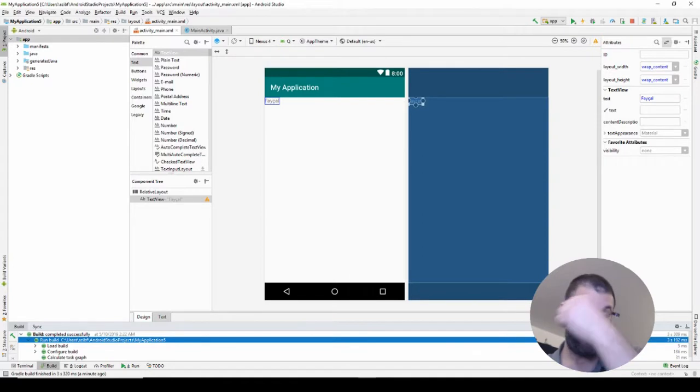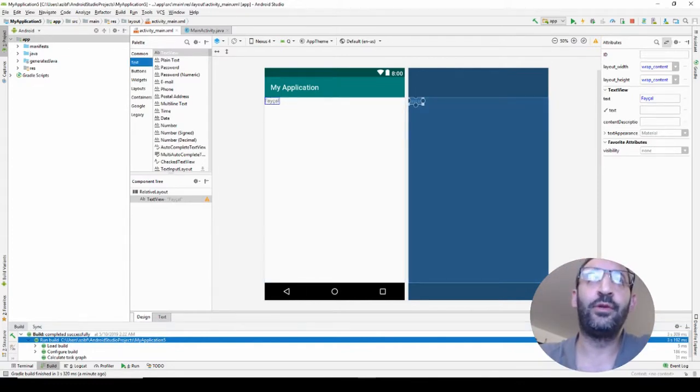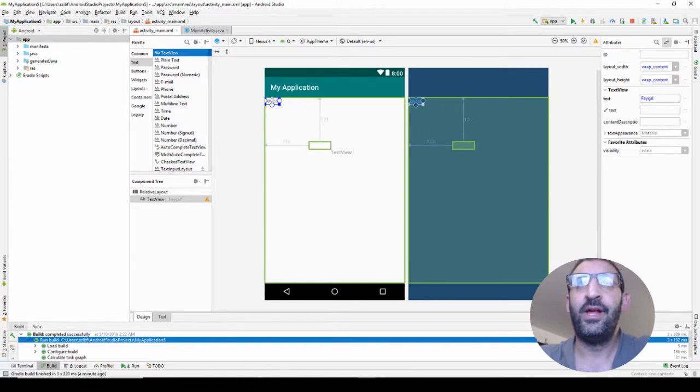Okay, so the next step, I will show you how to add another text to this screen. So go to this panel and click on Text. You have a lot of text components, and choose TextView, for example, and here drag and drop. So just like this. And as you can see here, I can put it where I want because the layout is relative. Okay, so I just make it here,